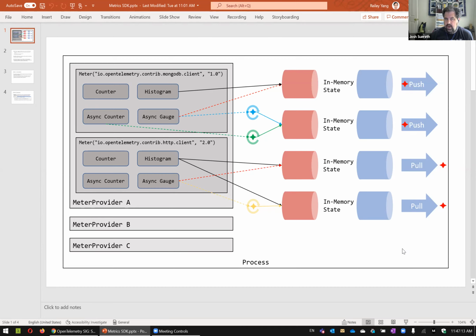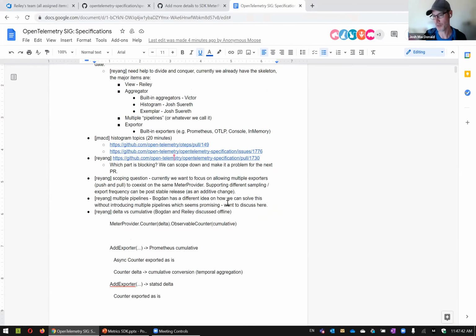What's interesting though, how are you handling the case where you want to remember a measurement that happened in a previous collection interval that's cumulative, but doesn't show up in your current delta? The current state is being held in the processor. If you need to do delta to cumulative, or if you just need memory for any reason, which Prometheus needs anyway, like old gauge values, there's no delta being computed. I just need to remember my old gauge value. So you keep a current state in the processor if you must. And there will be stateful pipelines that do that.